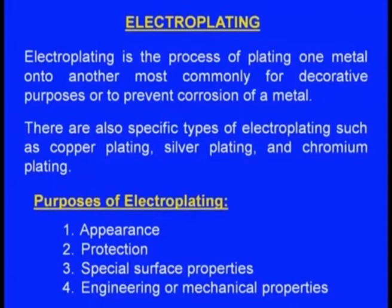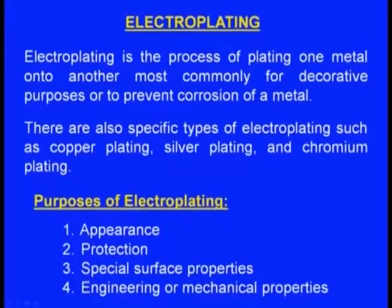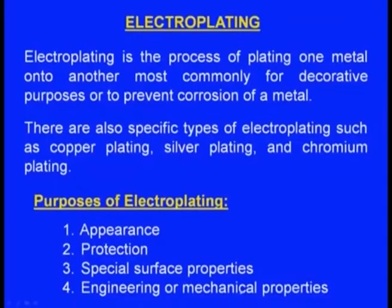Now what is the purpose of electroplating? One is to improve the appearance, second one is for protection, means protection from corrosion, protection from wear. Next one, to achieve special surface properties, maybe the surface may be soft, we want a hard surface, inside we do not want hard. So in such a case we go for electroplating. Next one, to improve engineering or mechanical properties of the casting. In such a case we can go for electroplating, and here we can see this is the principle of electroplating,